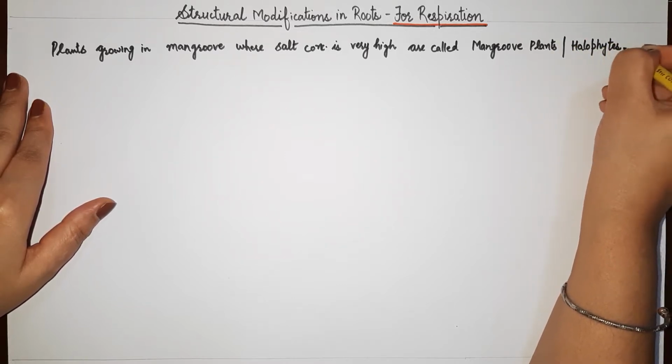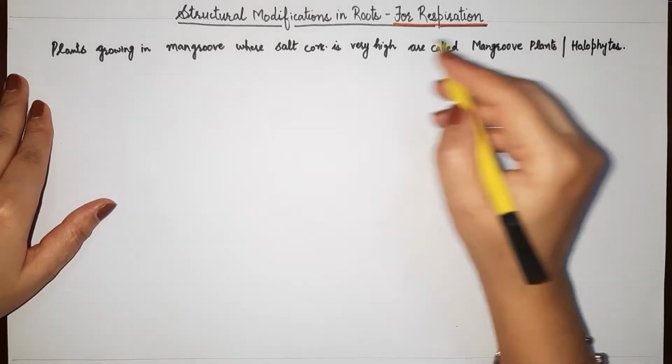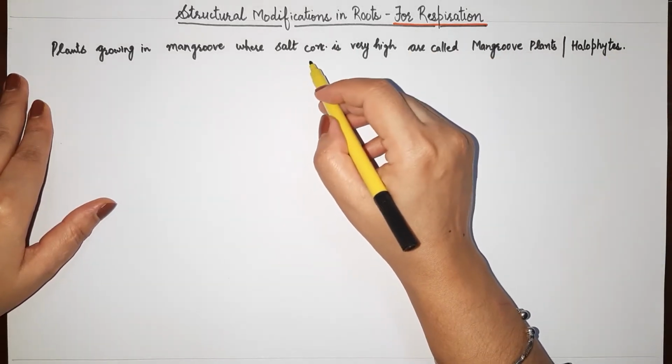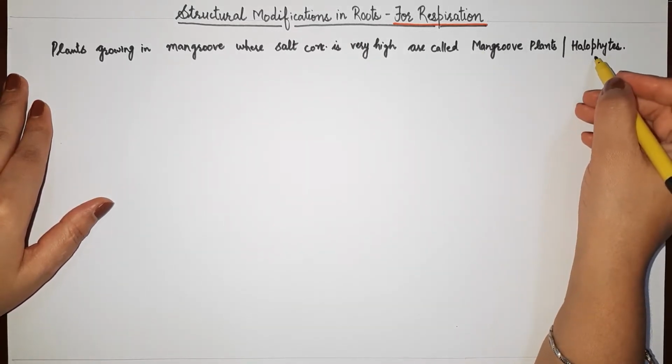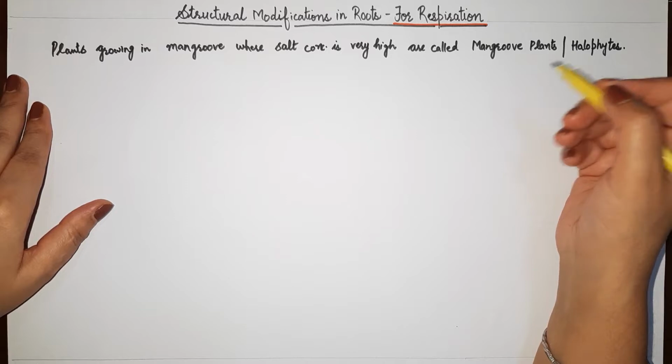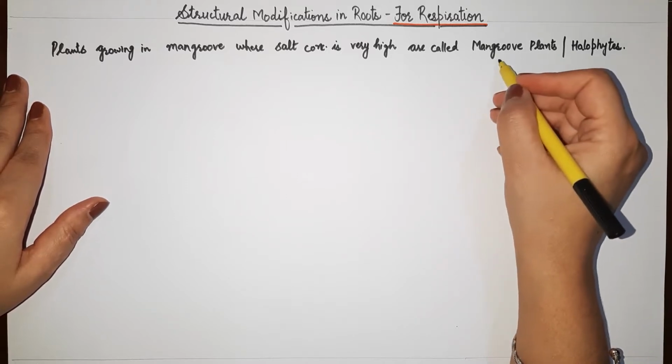This you already know, that plants which are found in the regions where salt concentration of soil is very high, we call those plants halophytes, and generally these are the marshy areas, swamp areas, so we call them